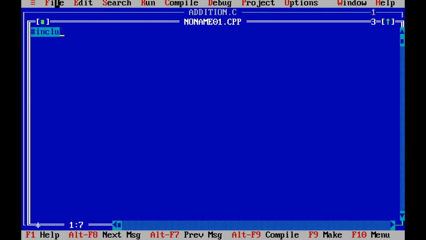Hash include stdio.h. Next hash include conio.h.